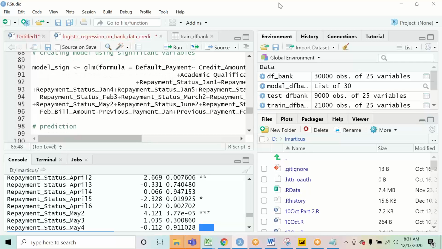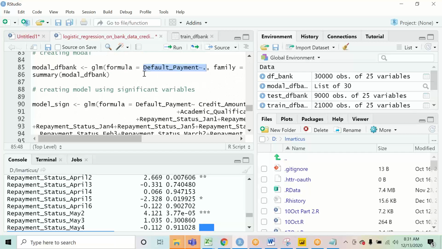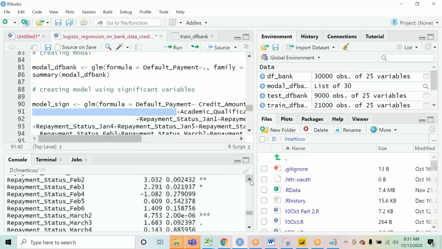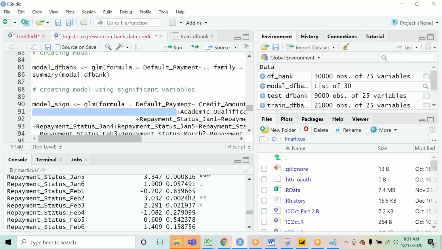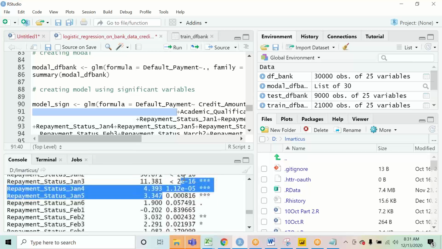And if there is no change even after removing the variables, you can use either the previous model or this model, as the results will be the same. You will have to check the significance of these variables. For example, you will run this model and check the p values.